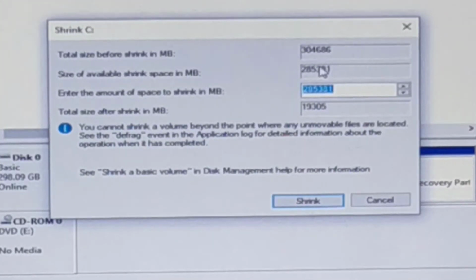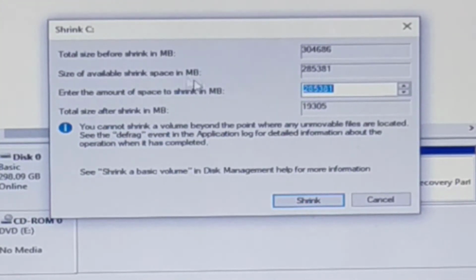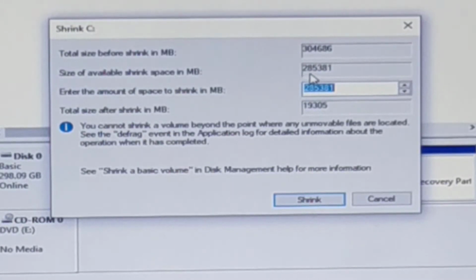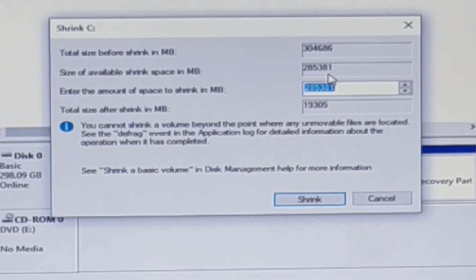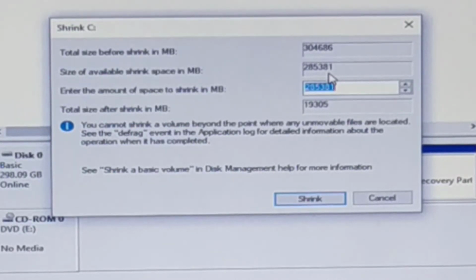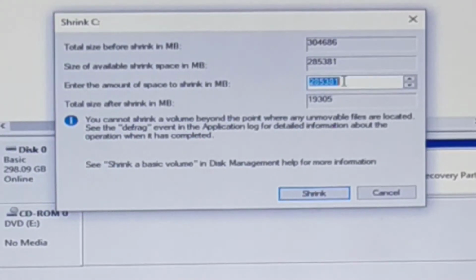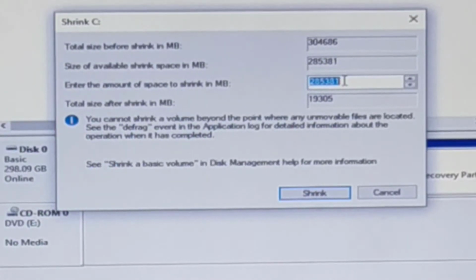Then here you'll find the available space for shrink in megabyte, right? So here is 2,85,381 megabyte available space to shrink, right? So I'll make here one drive of 100 GB. So for this I have to calculate 100 GB equal how many megabyte.